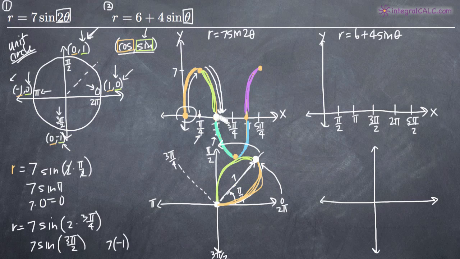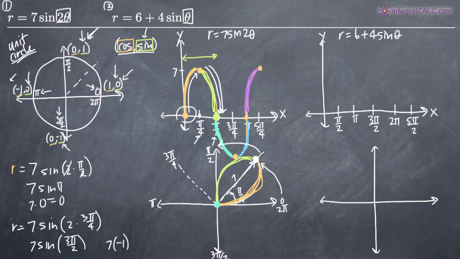Now notice that at this point we are crossing the x-axis, right? We were above the x-axis for this whole range here, and now at pi over 2, we're going to dip below the x-axis. Well, what that means is that we're going to cross the graph, right? We started here at this point. We're going to cross over the graph, and as we move from the angle pi over 2 to the angle